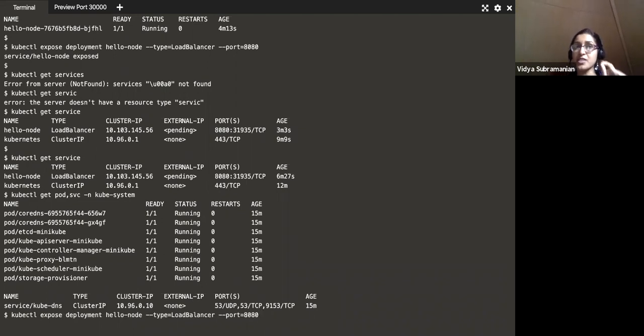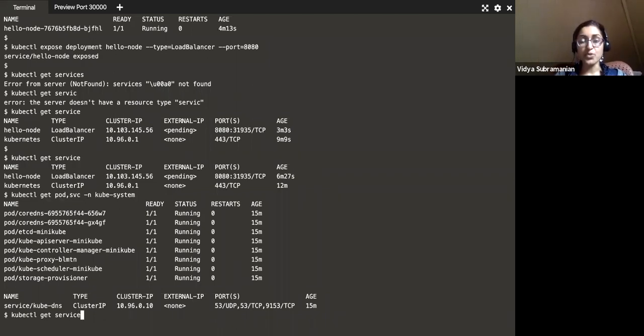Then you need to expose what you just created as a service. That is how it becomes externally visible. That is the functionality, the notion of a service that Kubernetes provides for you. So if you do kubectl expose deployment, with the type load balancer set up for you, that's doing the external exposure.